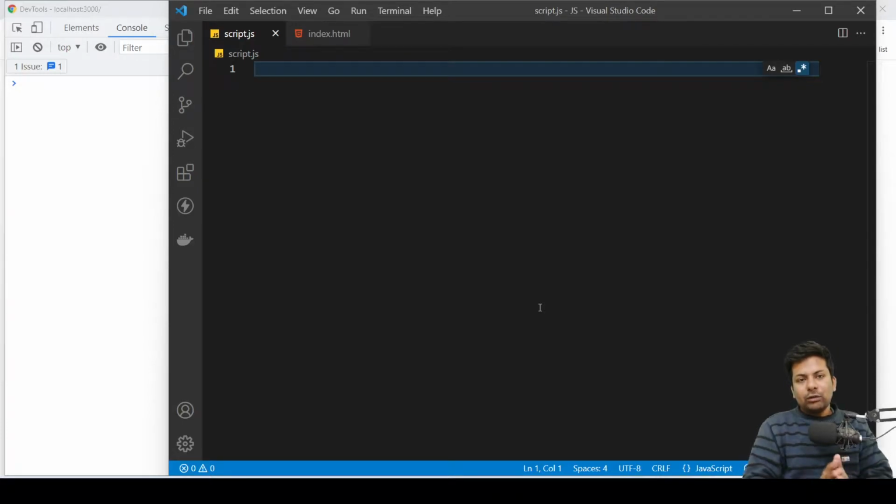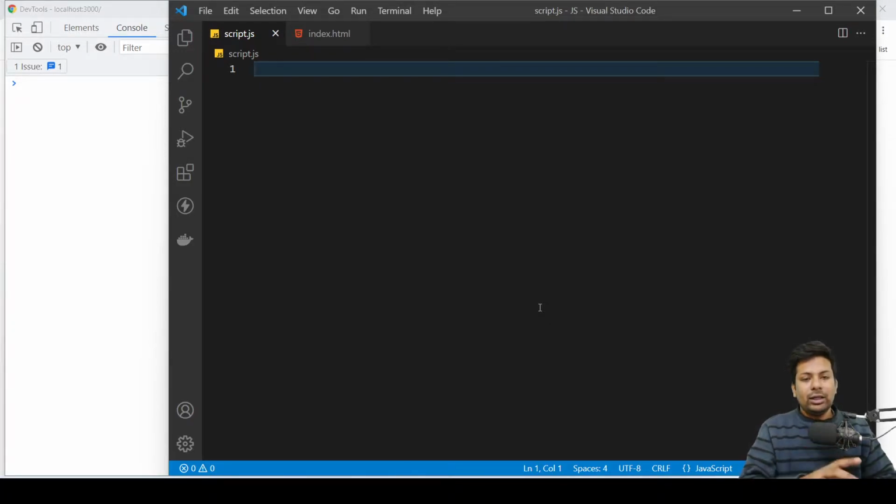Okay guys, now we'll see switch case. So switch case is faster than if and else, but 90% of the time you won't need a switch case because you don't have too many conditions. Switch case is used when you have too many if and else conditions, like maybe 5 to 6 if and else you have to write. Then switch case comes as a faster way, and you can say a better approach.